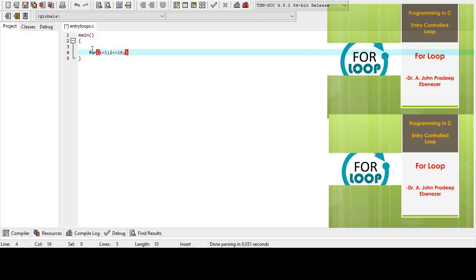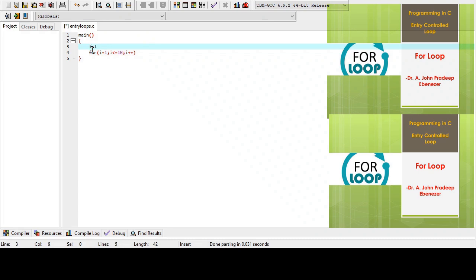Next, I want to increment. The increment value for i can be 2, 3, 1, like that. Here in this example, I am going to give just i++, which means i is going to be incremented by 1. Since we have used the variable i, we have to declare it. I am giving it as int i;